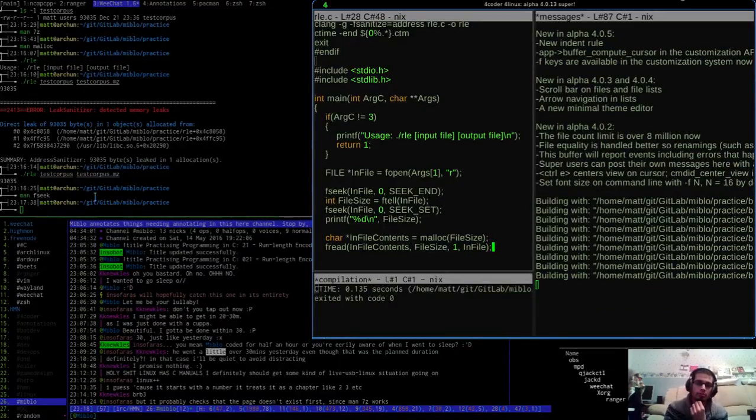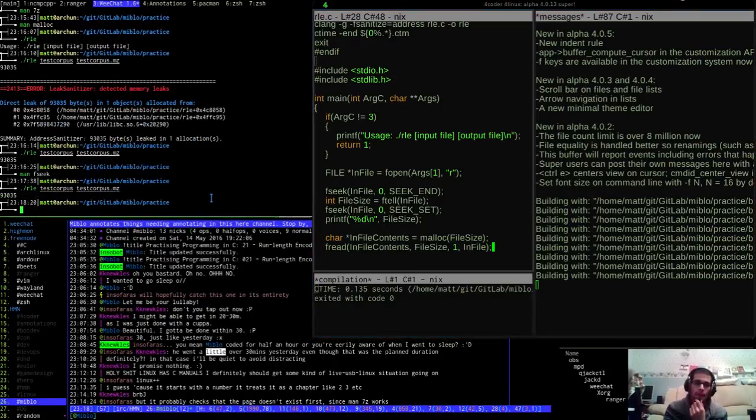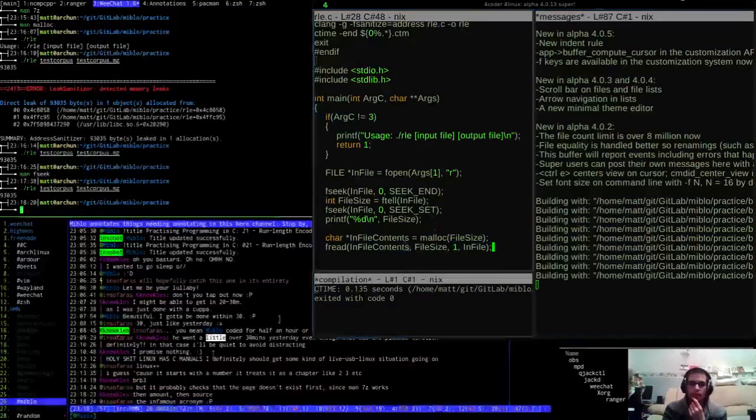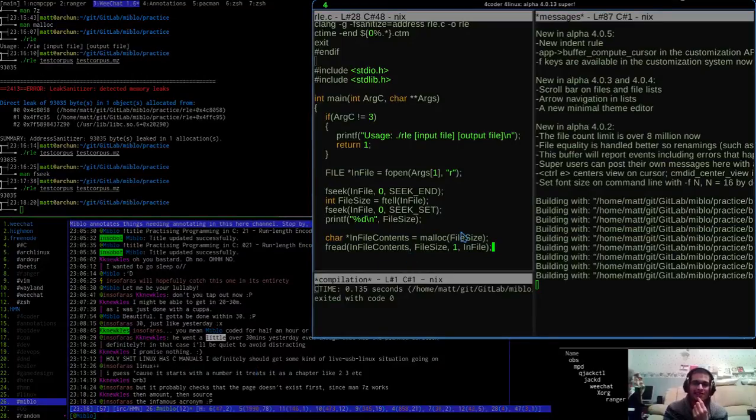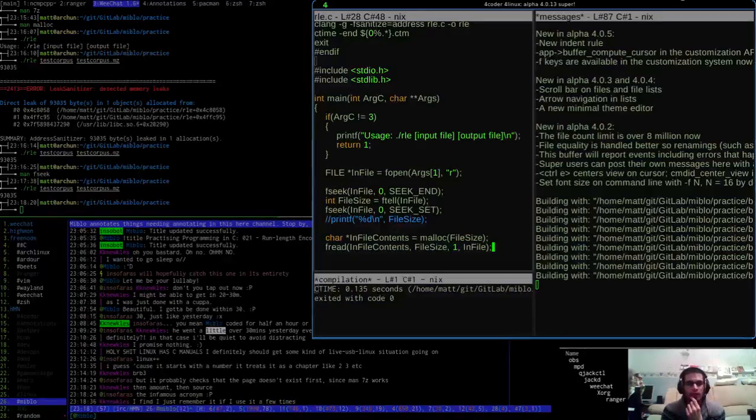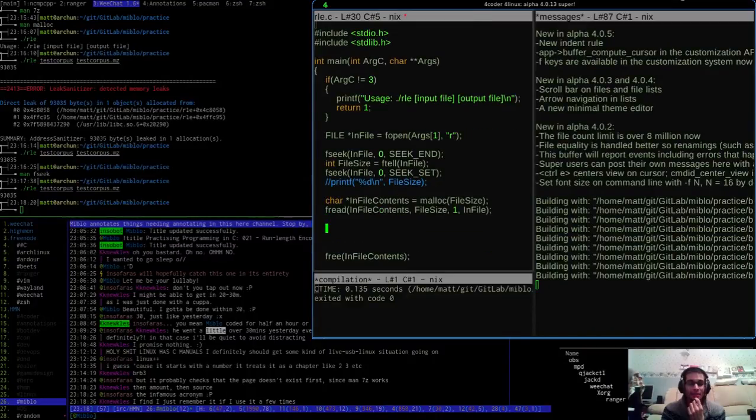Interesting. So you actually don't need to do any asterisks? Then abandoned source. The infamous acronym. So fread infile. So that's that. Now if I just remember if I use it a few times. Well, this is the first time I've done it actually.